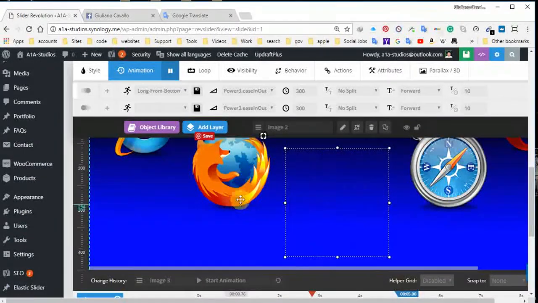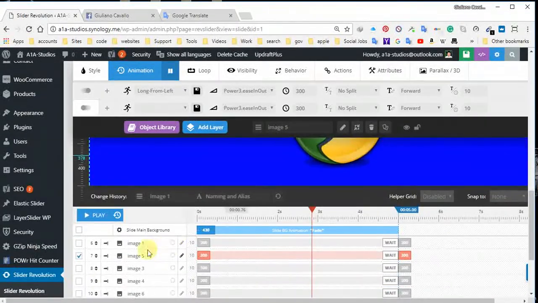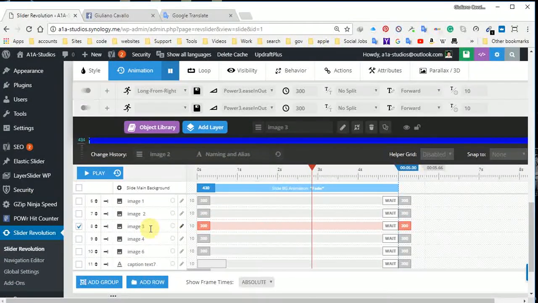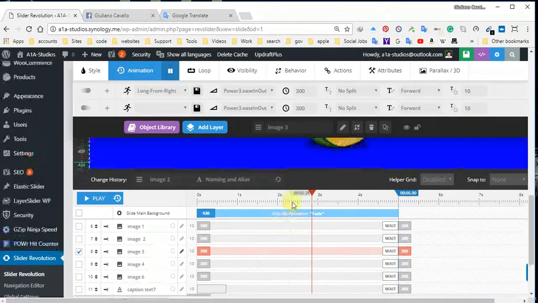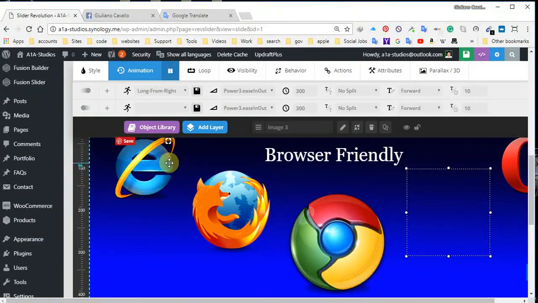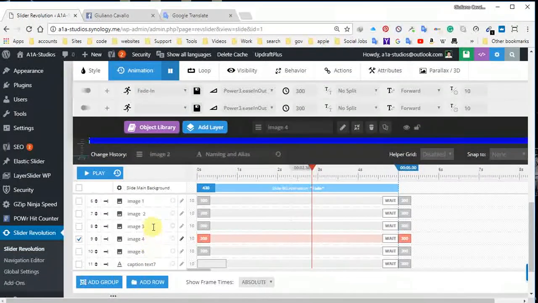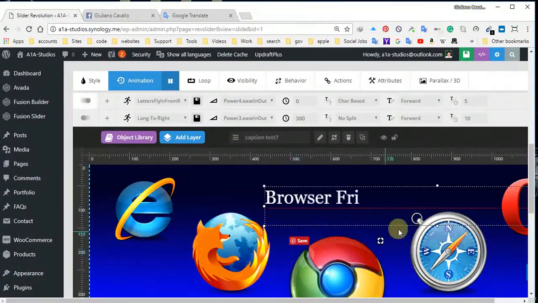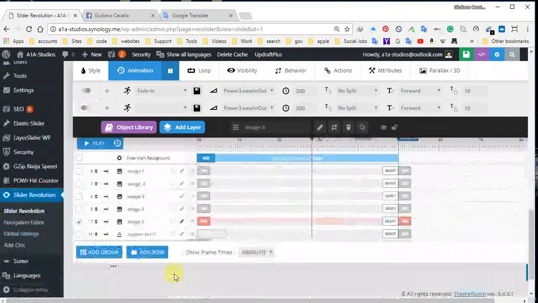Then this one is gonna be image 2. You gotta be very organized. This is gonna be image 3, which it is already. This is gonna be image 4, which it is. This is gonna be image 5,